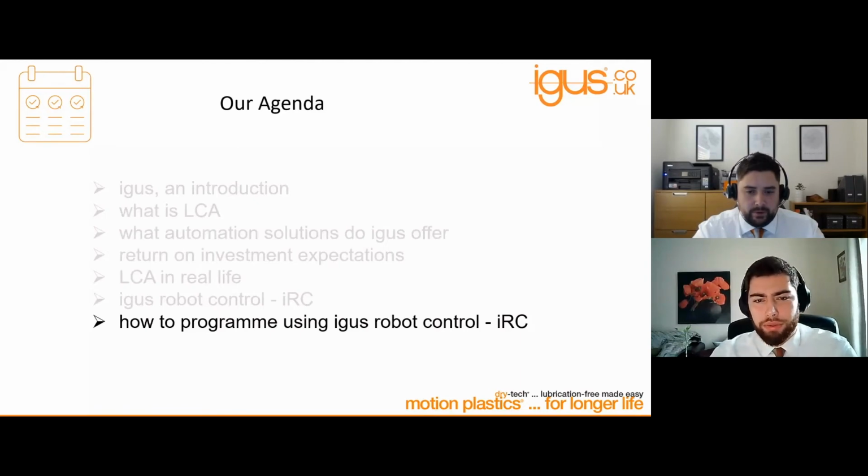Today, we're going to have a quick walk through the software, which is part of the Igus Robot Control. The software, of course, can be downloaded for free, and it includes the kinematics for all of the Igus standard robots, including Cartesian robots or gantries, Delta robots, and the Robolink articulated arms.